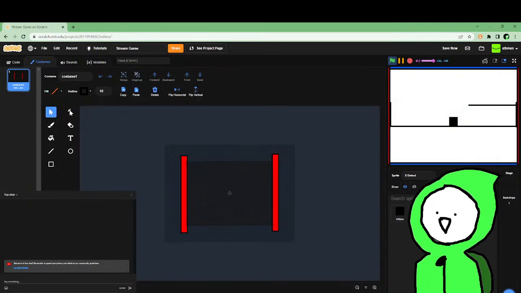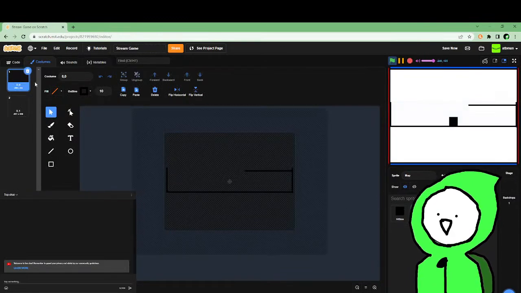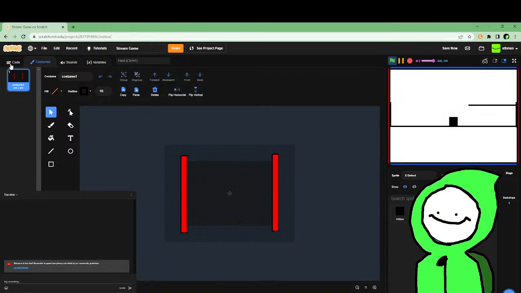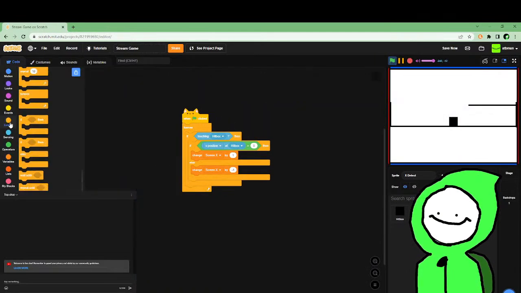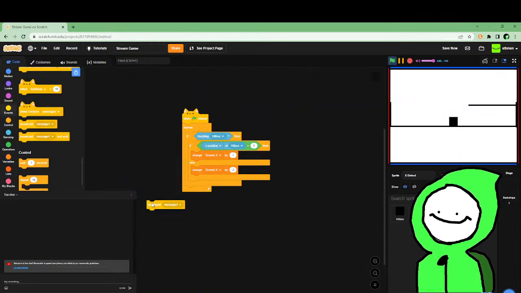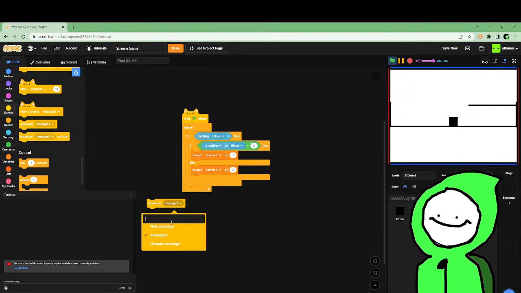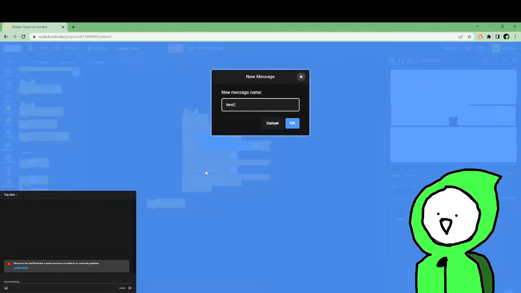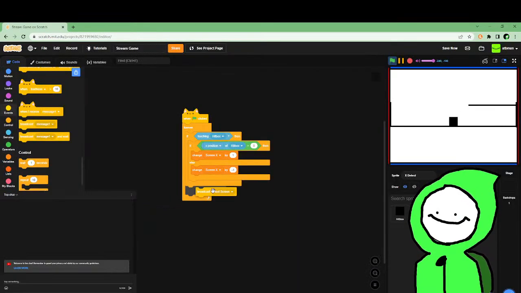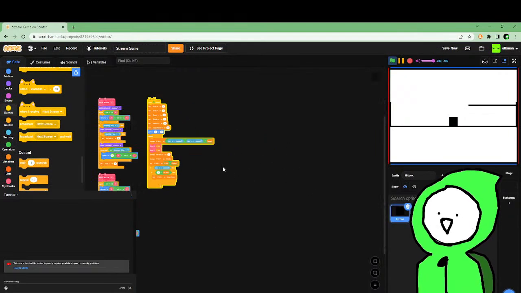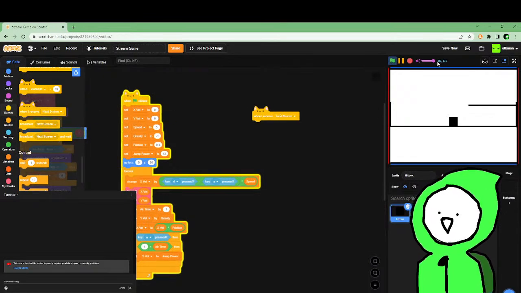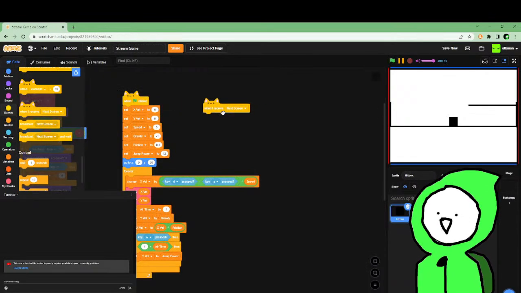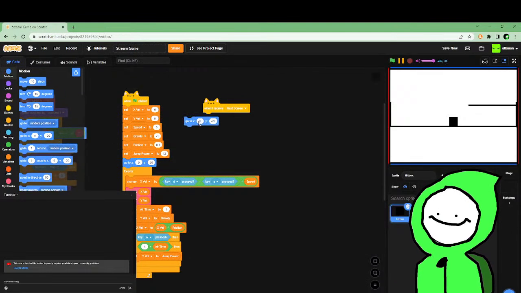Also, I want to do a little something. We're going to broadcast next screen. Alright. So basically, this is going to broadcast next screen, and I'm going to post some nice little code in here. So whenever, I'm going to stop this real quick. So whenever a next screen happens, I'm going to make it go to,